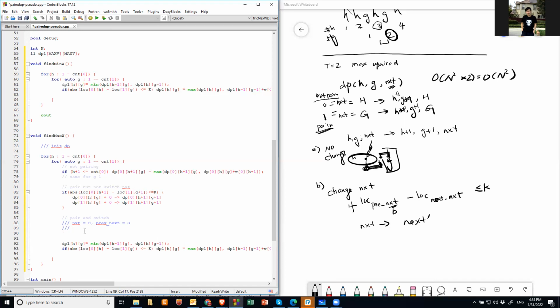I'm going to start from 1. Okay, 1 is basically g, right? I want to make next h. So I want to find another one, right? So let's say my next h. I want to find the next h,